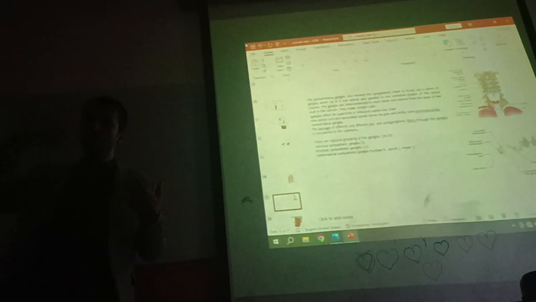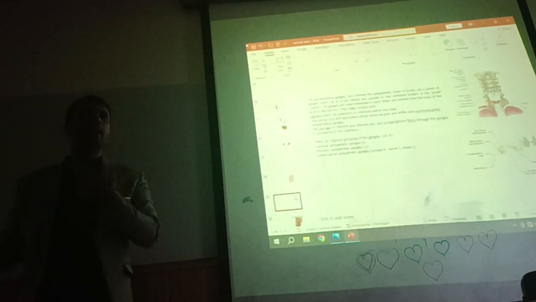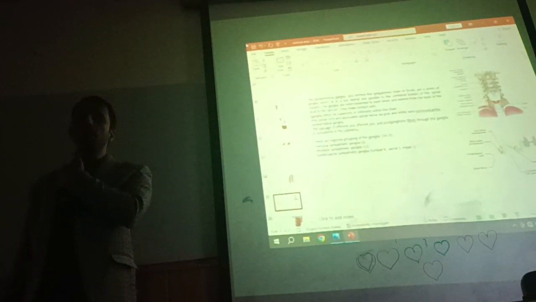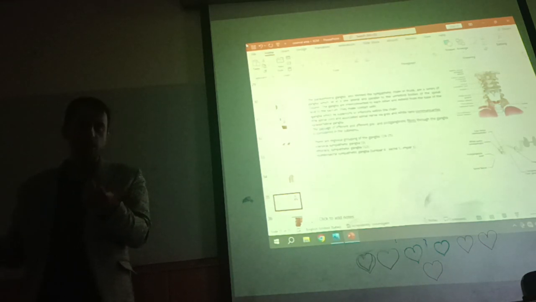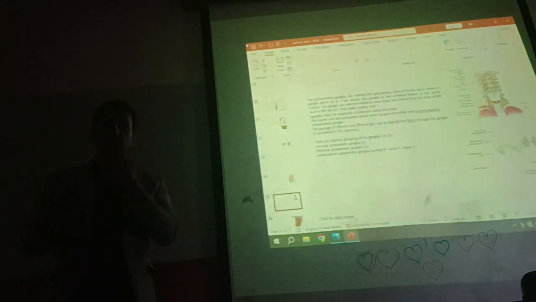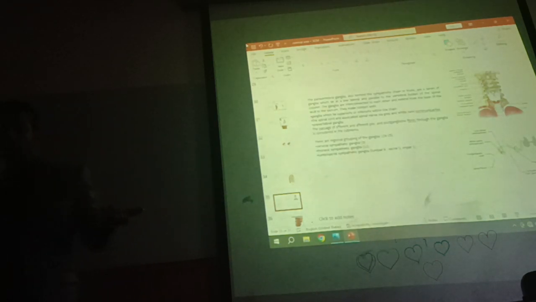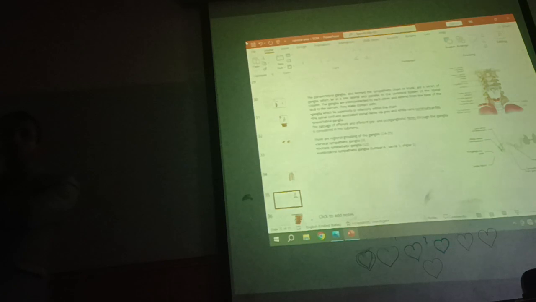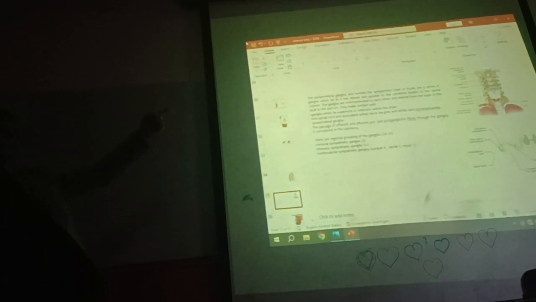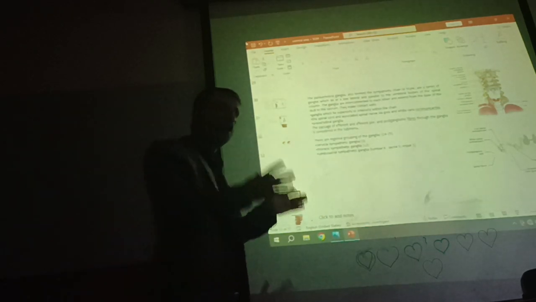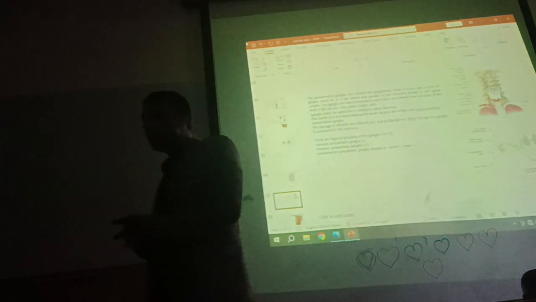For example, they insert at the level of C8, C7, C6, C5. They go to the upper limb, the brachial plexus. Do you remember the brachial plexus? Yes. So the sympathetic fibers for the brachial plexus are derived from the superior, middle, and inferior ganglia. So some fibers are spinal. Some fibers are